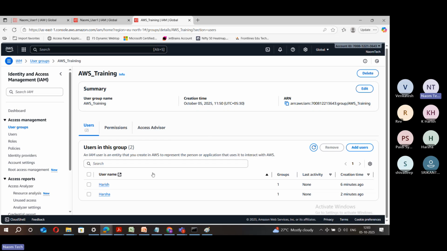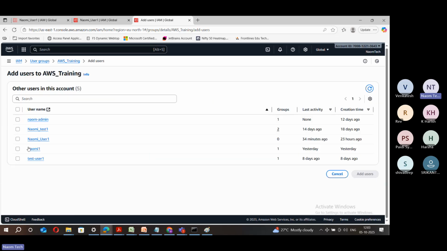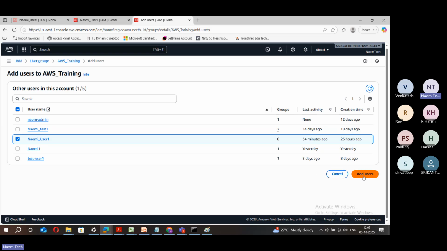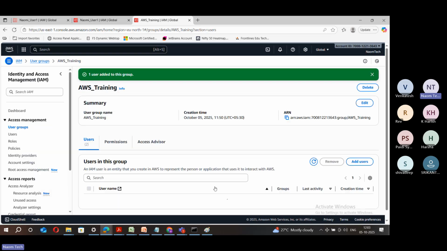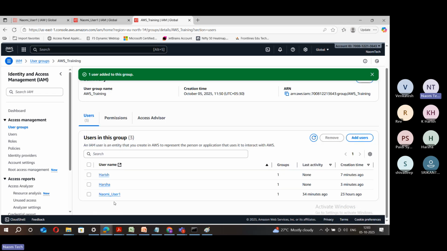Okay, and then add user. I choose gnome user here, because I do have all that ready for me for testing. So I did add gnome user. Gnome user has full access to S3 buckets. Okay, fine. So this is perfect. Now when I click on gnome user, you can see here,